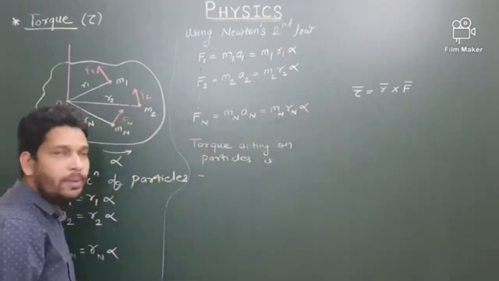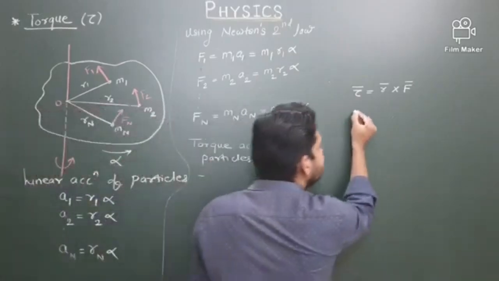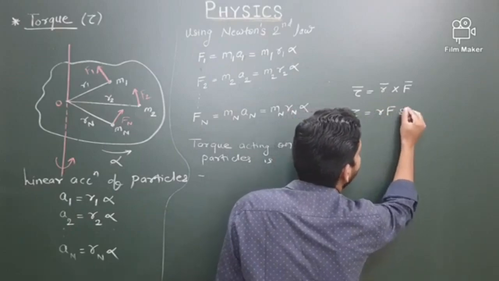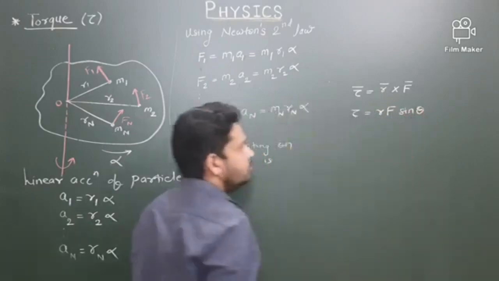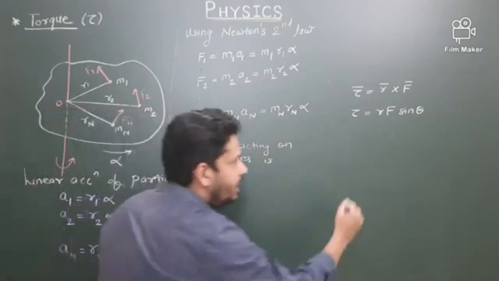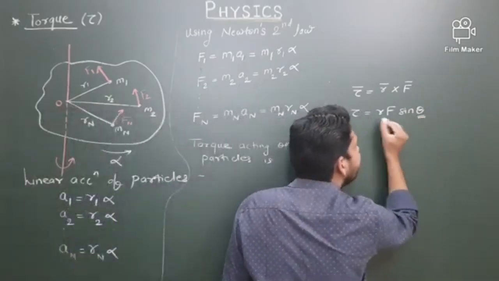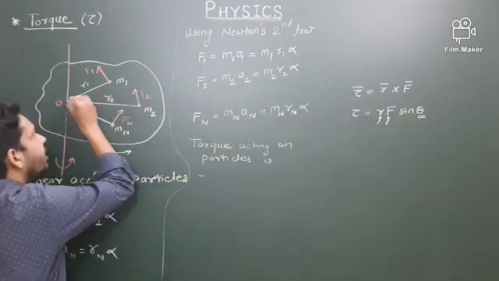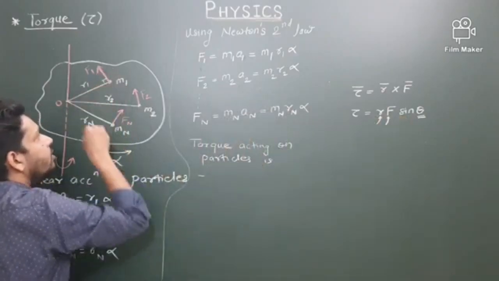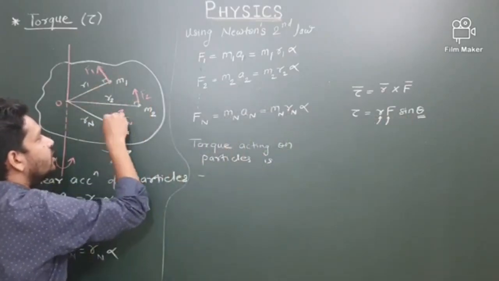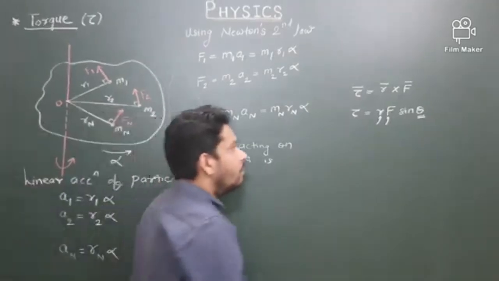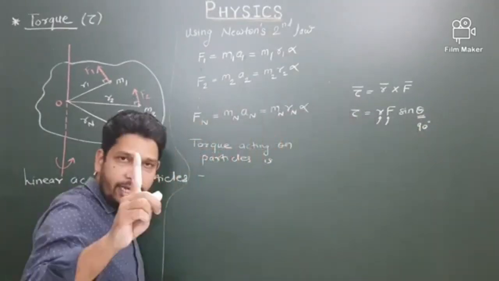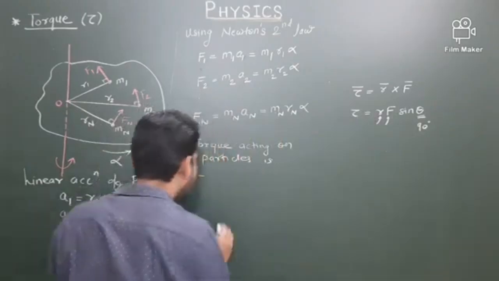Tau bar is equal to r bar cross f bar, that is tau is equal to r f sin theta, where theta is the angle between r and f. I just showed you this is the radius, this is the force. How are they? Perpendicular to each other. So theta is 90 and sin 90 is 1. So your formula becomes